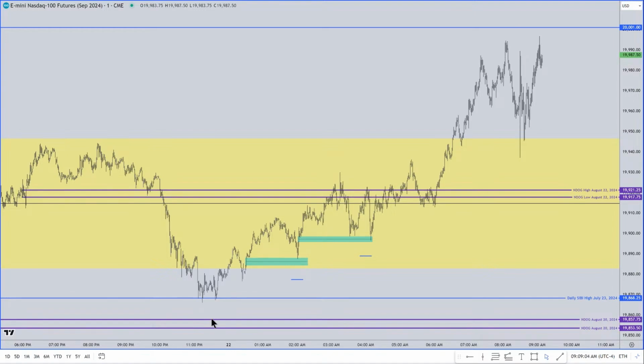So, the yellow shaded area here, that is the entire daily volume imbalance. Okay, so I'm going to go back out to a daily chart in a moment, but for now,